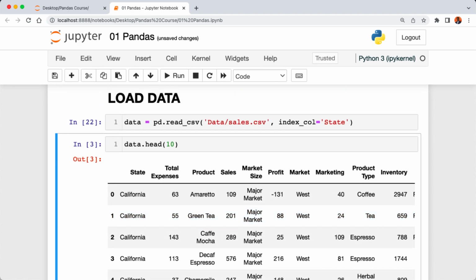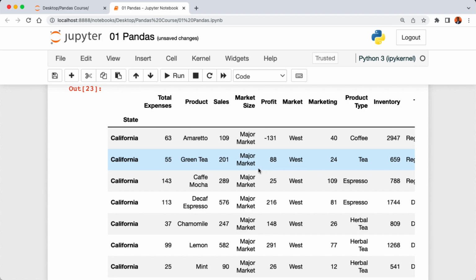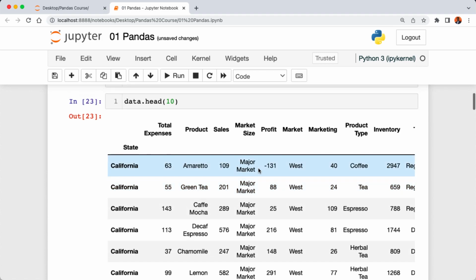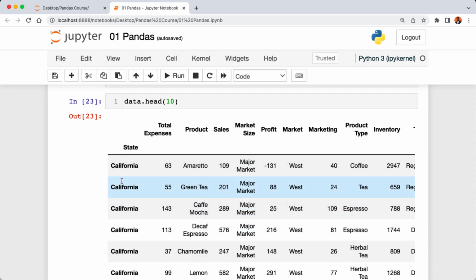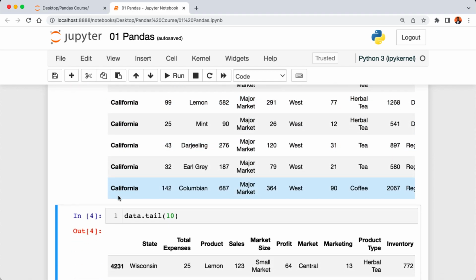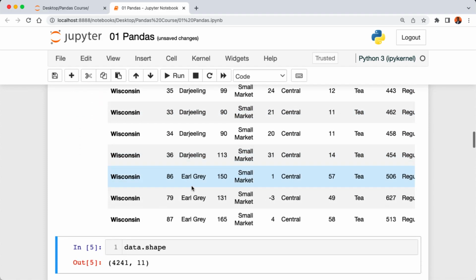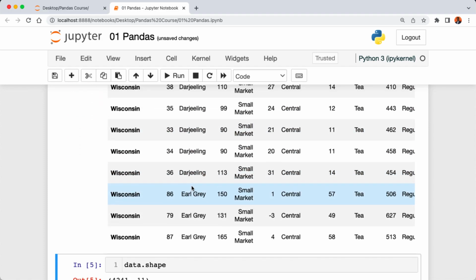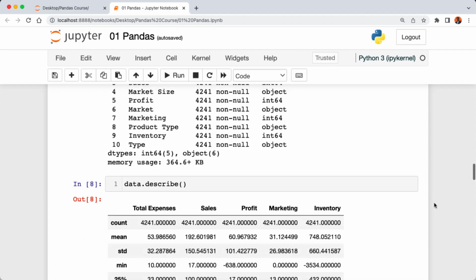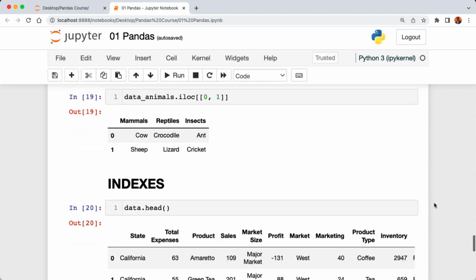Again, I'm going to run this cell to see the first 10 rows of our data frame. Now, as you can see, instead of the integer index we saw previously, we have a data frame with a named index. And we can also execute this cell to see the tail of our data frame, which is pretty awesome, right? Now, if we scroll down to the bottom of our notebook, we're going to write the code to access